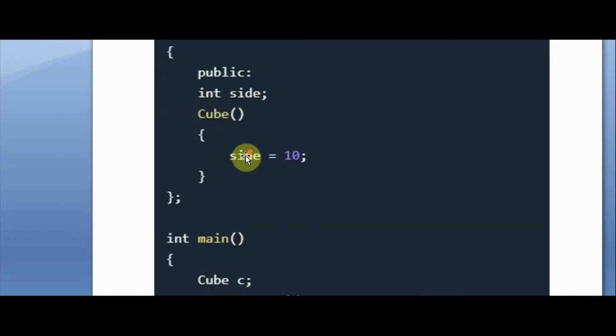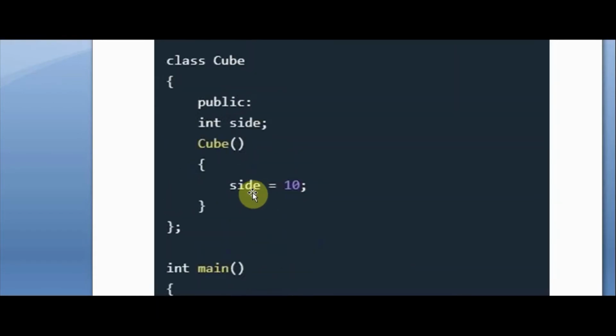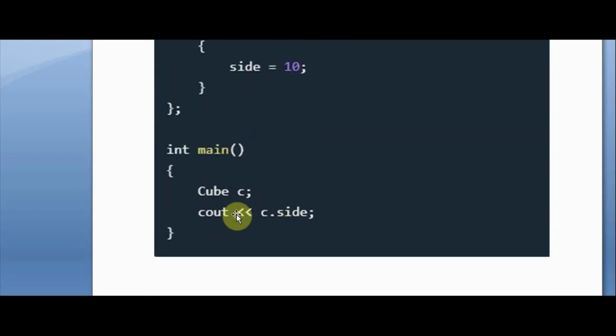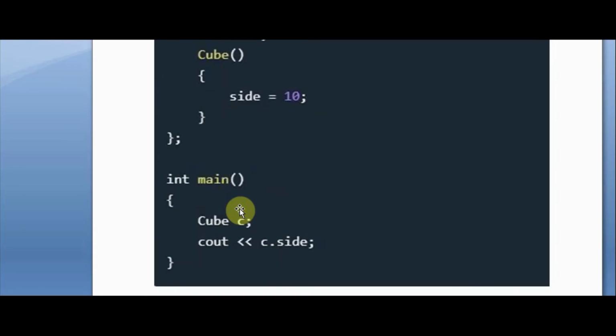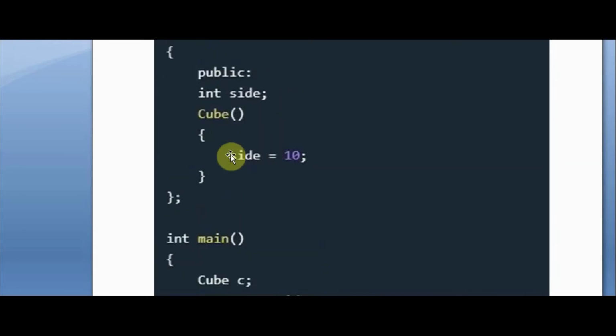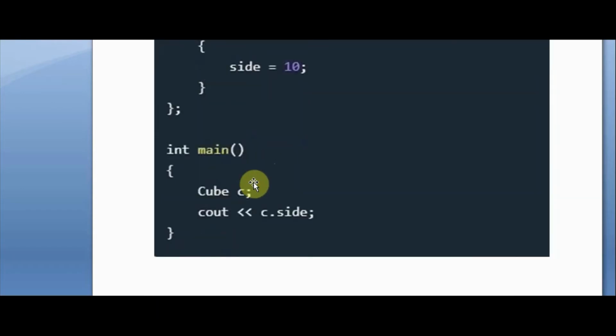Here I set side equal to 10, and I created an object of class Cube where I print c.side, which is equal to 10. The output will be 10. So this is the default constructor, where you don't find any argument or parameter inside.